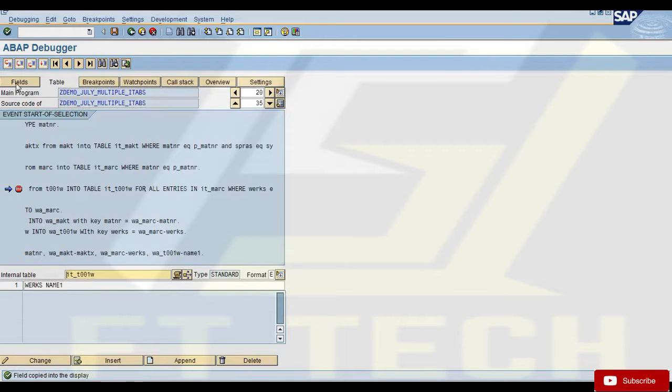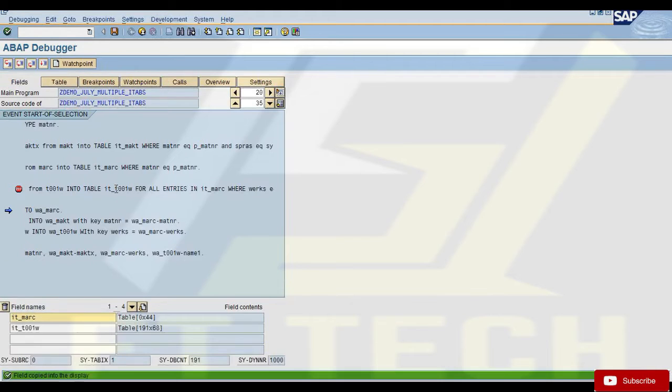Instead of filtering the records, because there are no records in IT_MARC, it will fetch all the records from your database table. So now if you see IT_T001W, it has fetched all the 191 records from the database table. So it will execute as if there is no where condition. It's as good as writing a select without where condition.